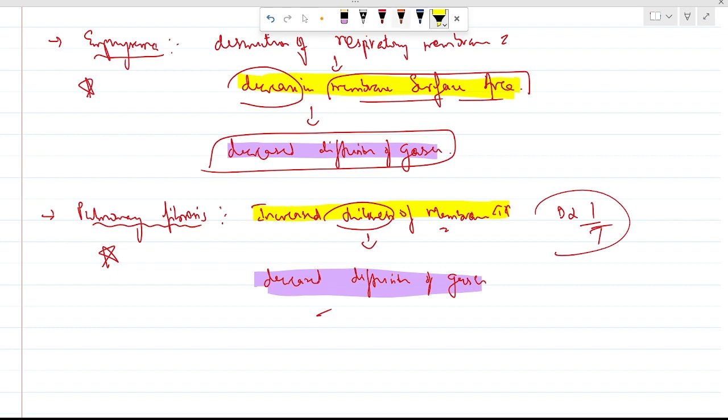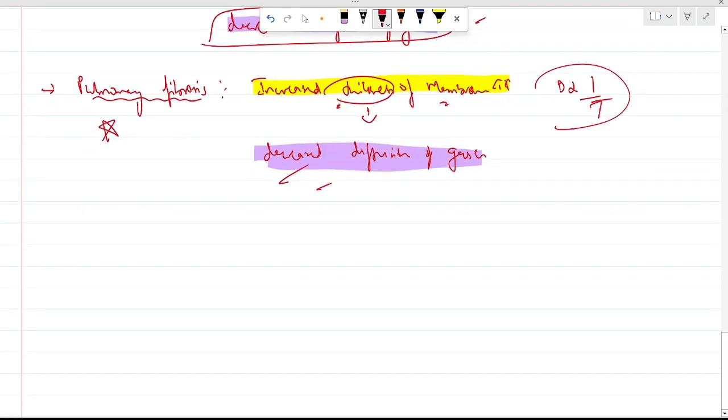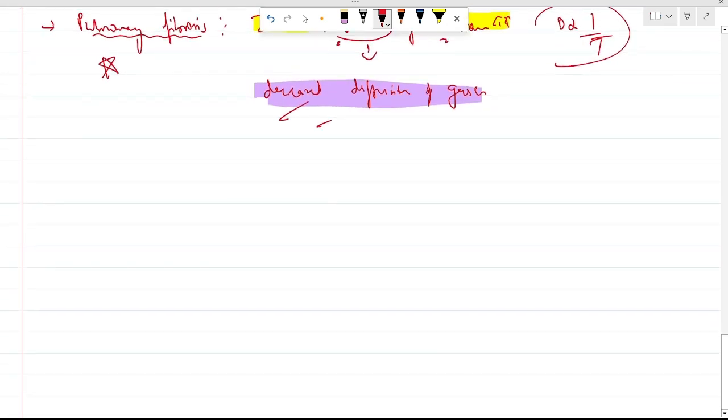You can also understand from the word pulmonary fibrosis, there is increased growth of the respiratory membrane. There is excess growth of the tissue of the lungs, which leads to increased thickness of the membrane and decreased diffusion of gases. Emphysema: decrease in membrane surface area, decreased diffusion of gases. So we completed simple diffusion. Next I want to discuss